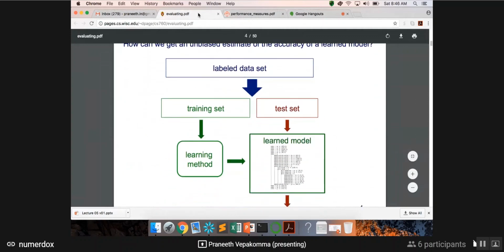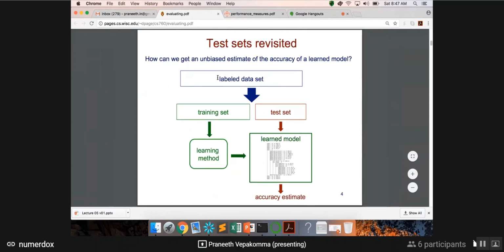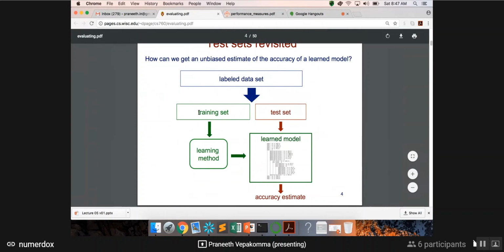This is the topic that is known to you. This is just adding some context. Okay, so basically we have a labeled data set in supervised learning. We split it into training and we split it into test. You're aware of this part. Then we use the training to learn your method. Here you could do SVM or neural network or random forest, whatever your technique of choice. But then